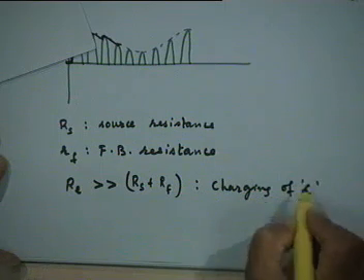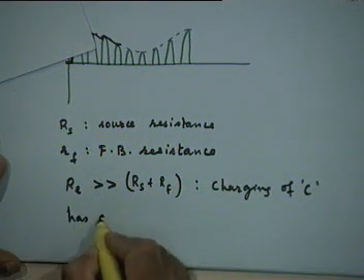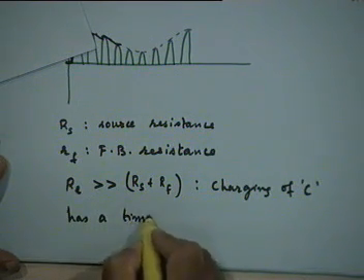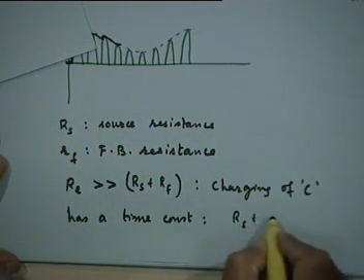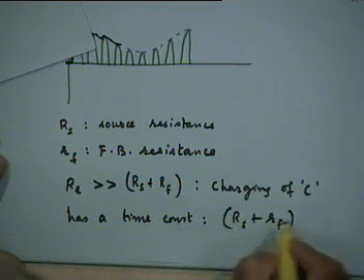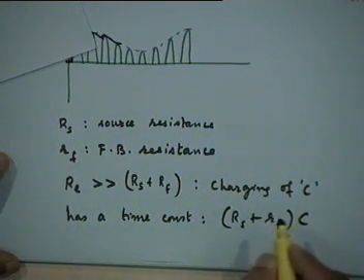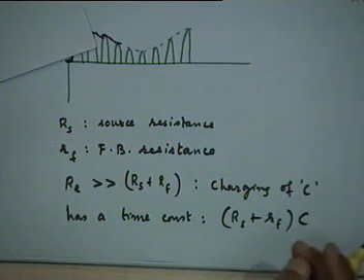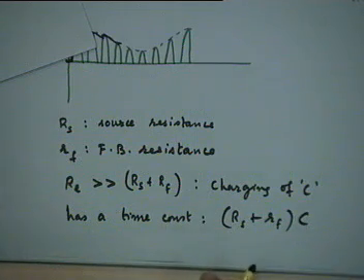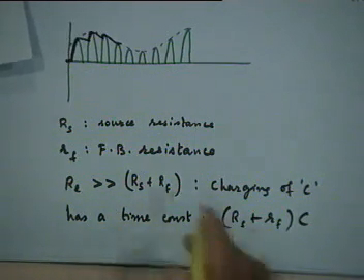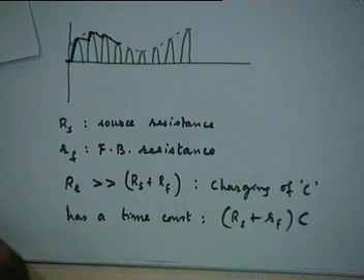The charging of C has a time constant. What is the time constant associated with it? It is given by (RS plus RF) times C. And what would you like this charging time constant to be? Large or small? Extremely small, right? Can we quantify how small it should be? It should be much smaller than the half cycle duration, or the cycle duration, of a carrier wave, so that it follows the carrier as it comes, more or less.